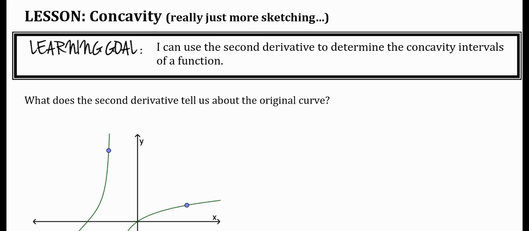We're going to talk about concavity today. It's really just another tool to do more curve sketching. Curve sketching is all about finding specific details of the graph so we can mark them. They're details where something interesting is happening. For example,